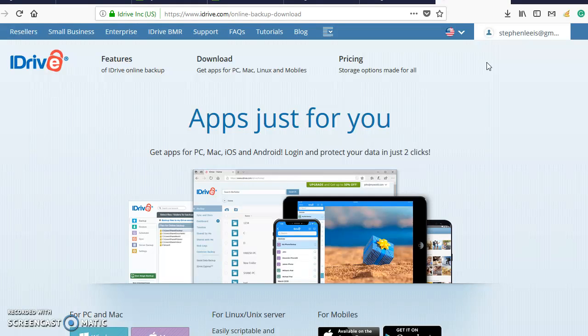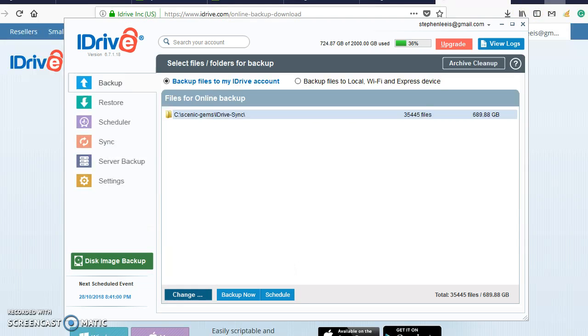You should have that already. So that should log you into the iDrive account so that you can download the software, and then you should be able to download